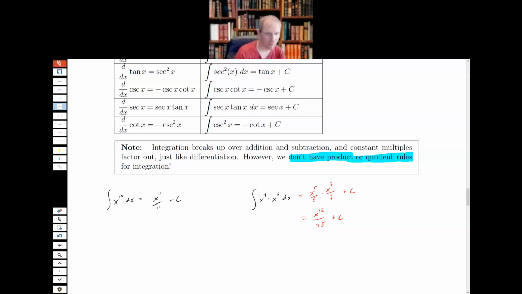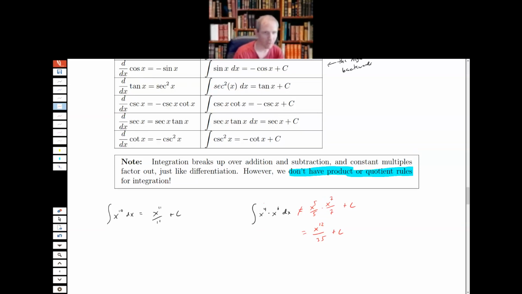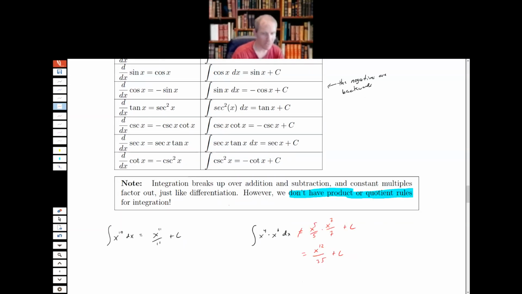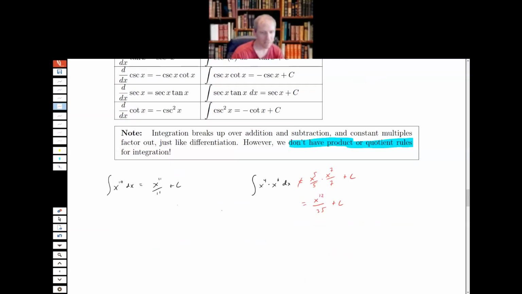So doing the same problem two different ways gives me different answers. And that doesn't happen in math unless we made a mistake. And here we made a mistake, right? This doesn't work. We can't integrate a product, okay? Unless it's something clever like secant x times tangent x, right? That product I can integrate because I know something whose derivative is exactly that. But generally, we can't integrate a product. And that's not like a temporary problem. This is just a general difficulty with